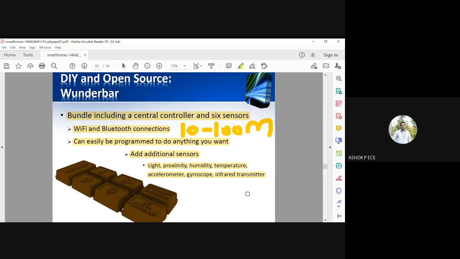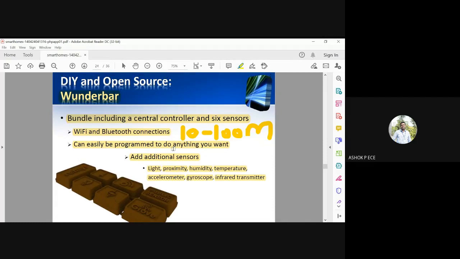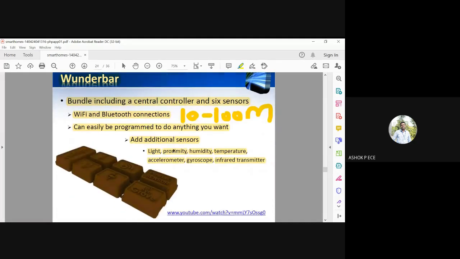There is also an infrared transmitter to measure the temperature, or to see if anybody is available at the farther end. So this is another open source platform, Wonderbar, which has a controller with 6 sensors. First one you have seen is Raspberry Pi. The second one is Wonderbar.